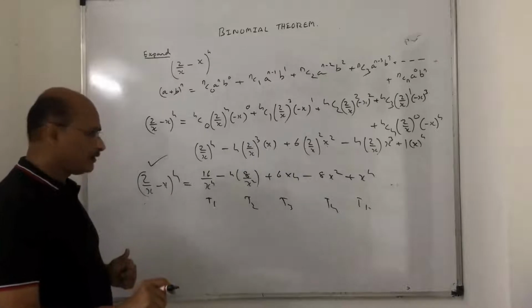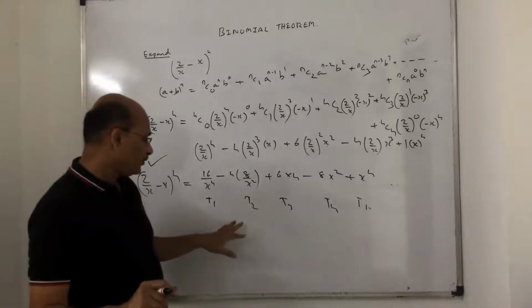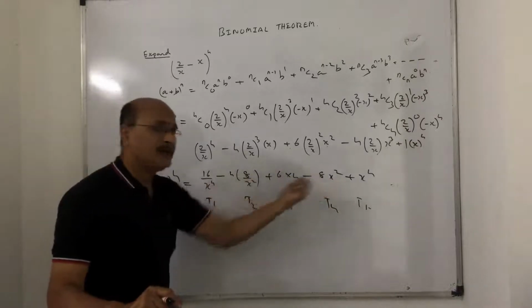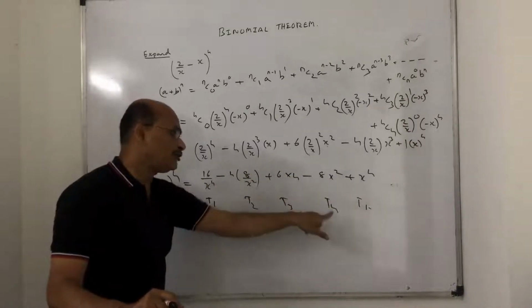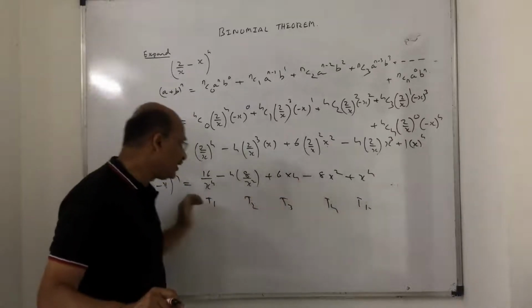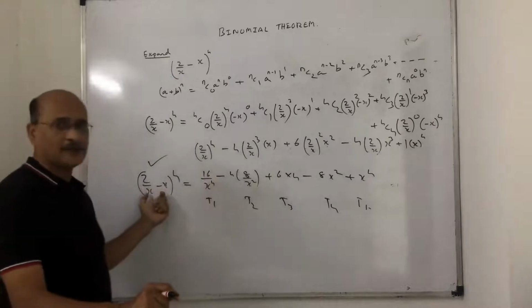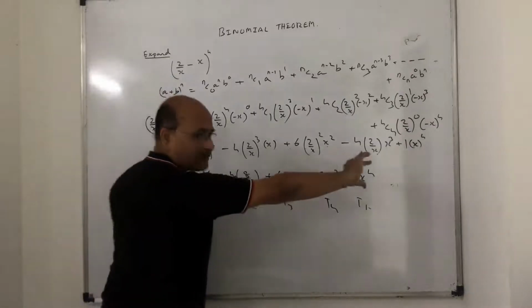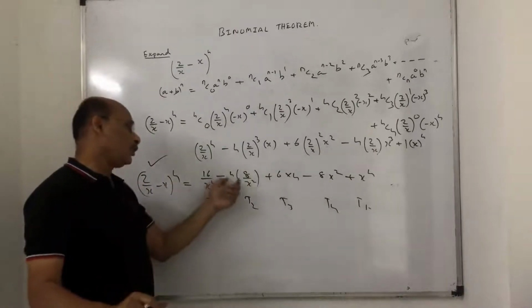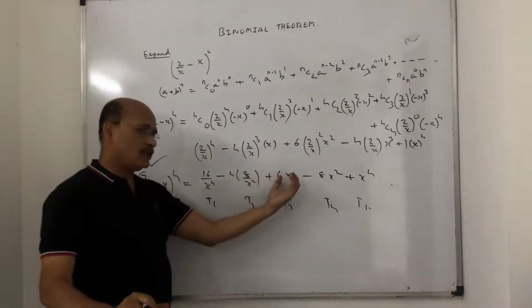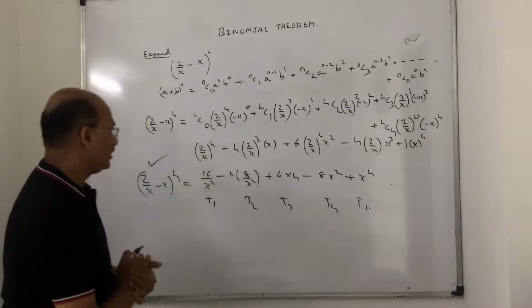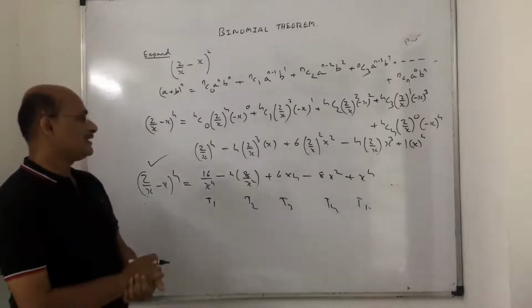Second thing, very important, is they might ask you, find the fourth term from the end. So fourth term from the end is not this. First, second, third, fourth. They might ask you find the middle term of this expansion. So you don't have to do all this Rama and Mahabharata. There are some certain techniques by which we can directly find the coefficient of a term. We can find the term. We can find the middle term. So all those things you will see now in a short while. So pause and note it down.